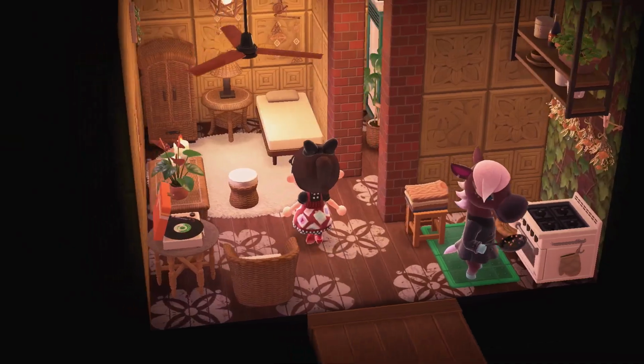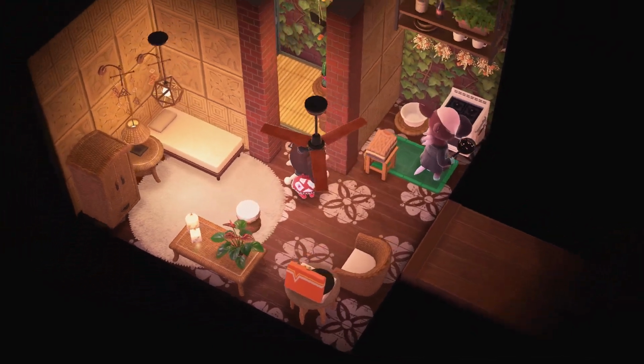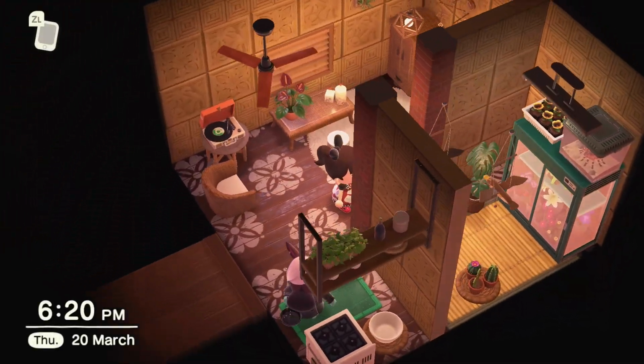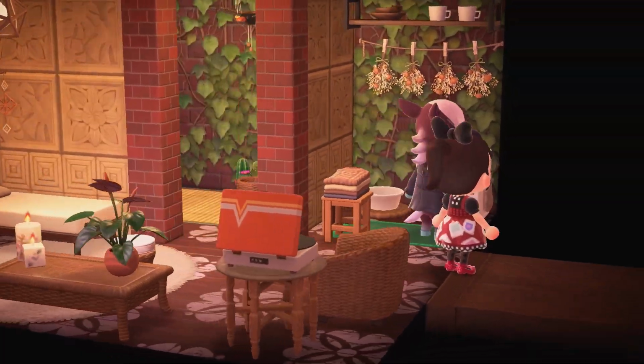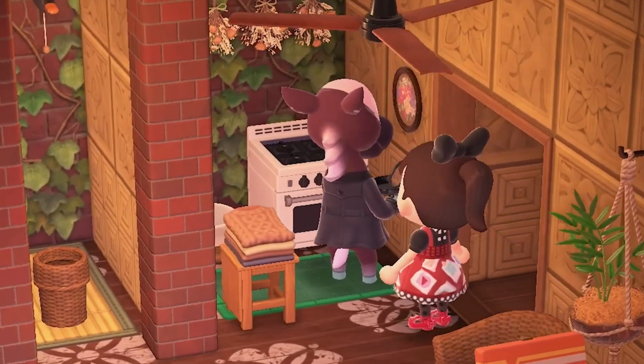I'm looking for that. Anyway, this is Renee's house. She has a little plant room over here. No, unfortunately she's cooking, but usually this is a laundry place. There was a washing machine where that thing is, so...